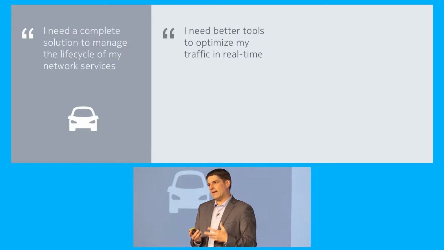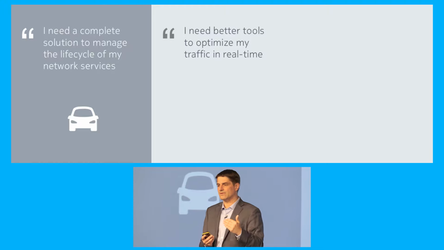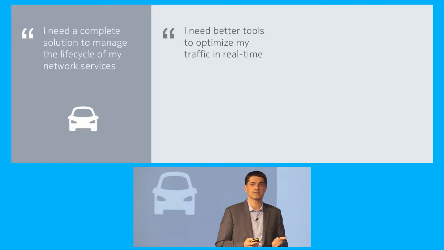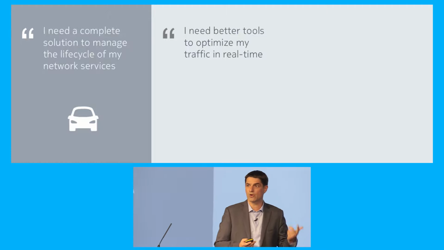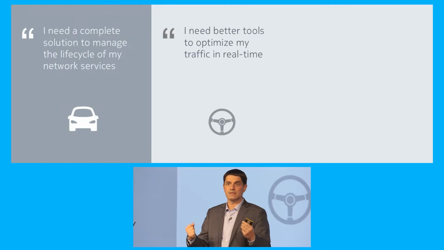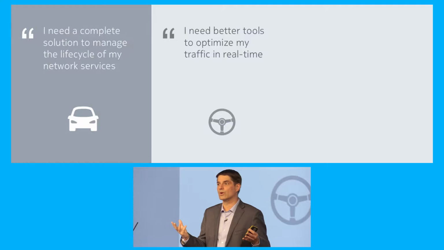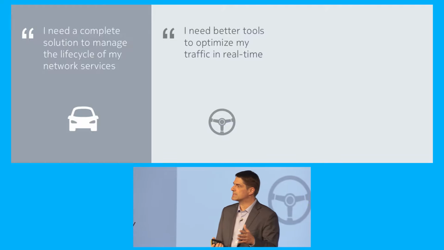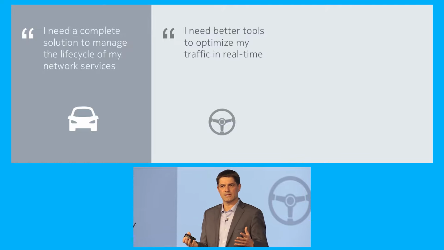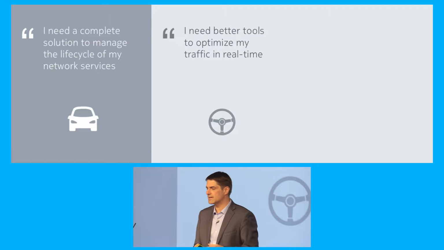The second one would be the equivalent of needing to better control the traffic for various reasons. And we've seen that early in the presentations today as well. There is an increased need to better understand in real time what's happening in the network traffic-wise, and to better control it as well, because of either quality of experience that is at risk in some cases, or simply the cost of running those networks as the bandwidth demand increases. So in those cases, you really need a steering wheel. You need a set of controller tools in different use cases. We won't have time to cover them all, but we are obviously investing heavily in this space, and I'll mention some, but you'll see some in the demo as well.